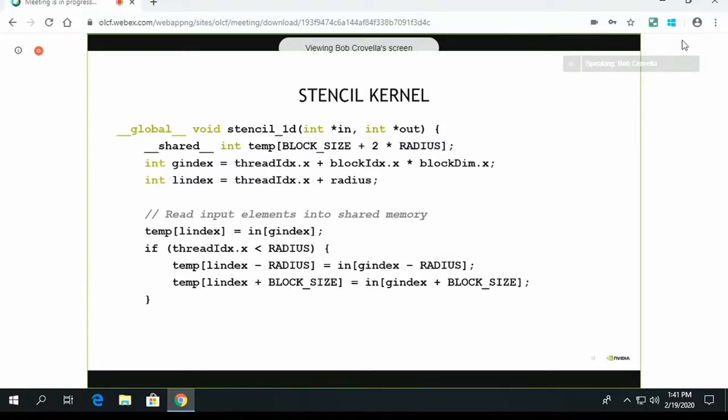We want to make sure that all threads have loaded shared memory so that no thread will pick up uninitialized or invalid values. Once all threads have loaded shared memory, then we can go forward with our processing of the for loops in whatever order. Doesn't really matter at that point. And so the logical place to put a sync threads to fix this will be right here. In other words, right after we have loaded shared memory, but before we go on to do any processing of